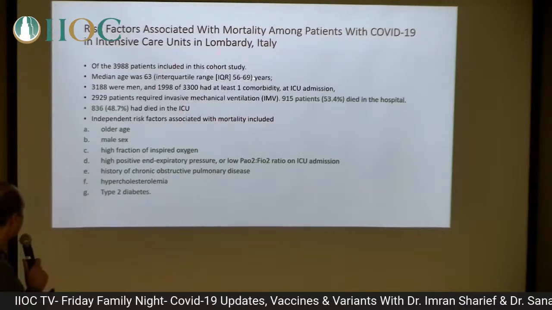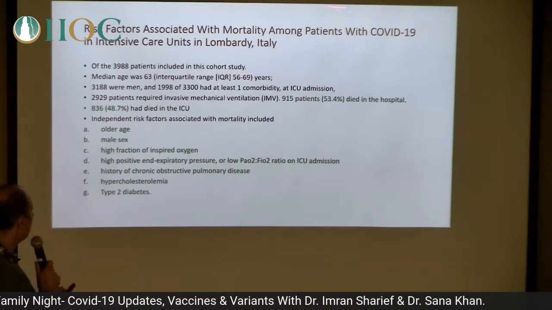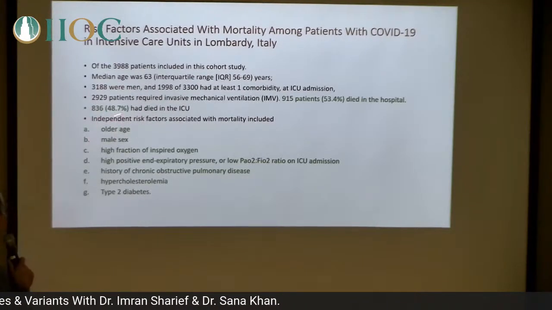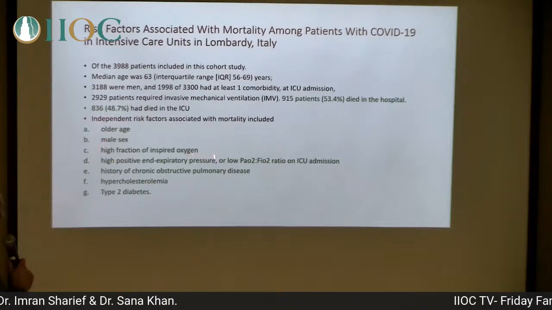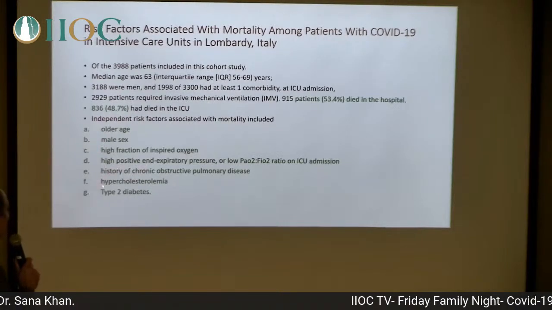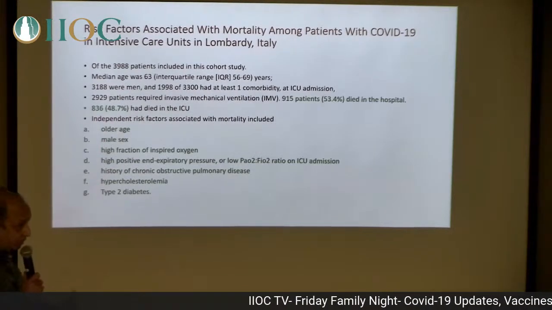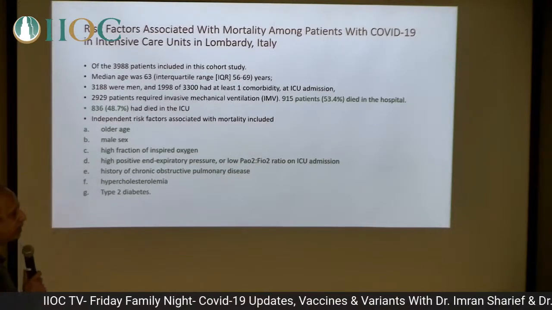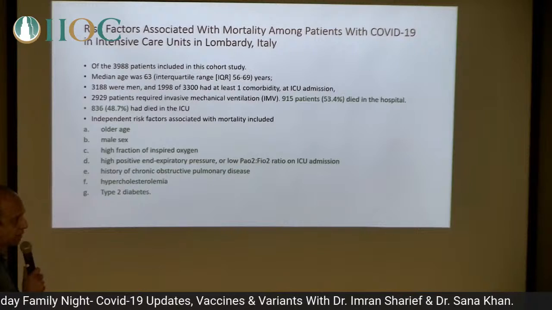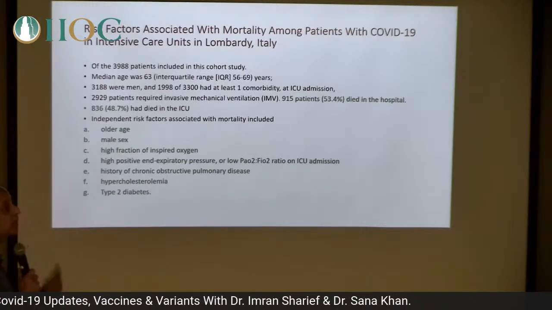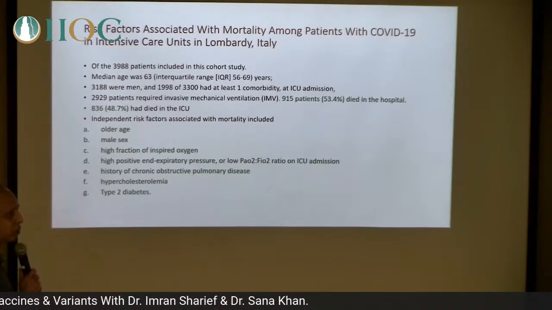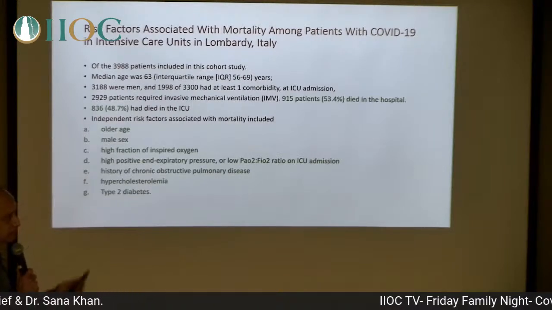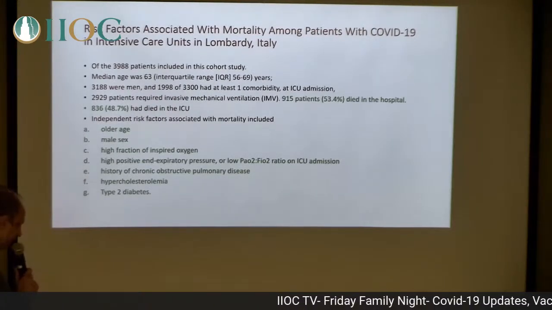These are some of the risk factors which were looked at in Italy. If you end up in ICU, if you're a male, if you're old, if you're requiring increasing amounts of oxygen. The normal amount of oxygen that we are breathing right now is 21%, which is in this room. These patients end up requiring 100% oxygen, 100%. That's the maximum capacity that we can deliver. Even then, we cannot oxygenate these patients because their lungs are so damaged that there's no air exchange.